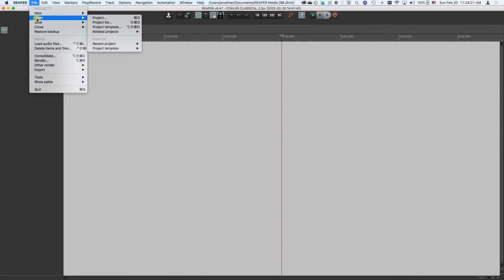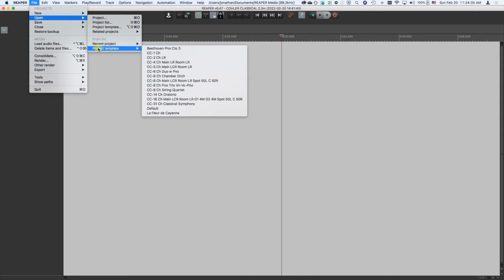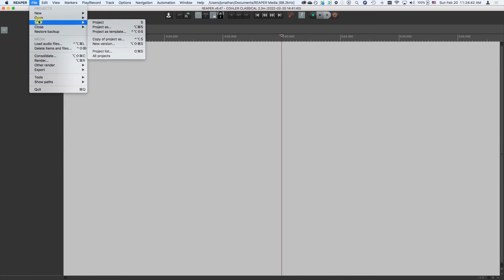Then you have the open commands. Open an existing project, open an existing project list. That'll open several at once into several tabs. Open a template, related projects, a recent project list, and another command for grabbing a template from the template directory all in one click. For save, you save a project, project as template, a copy of the project, a new